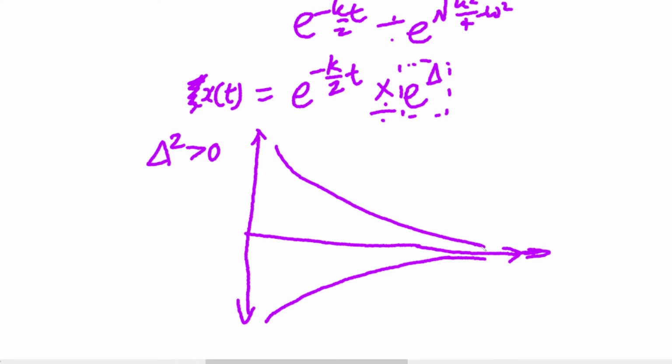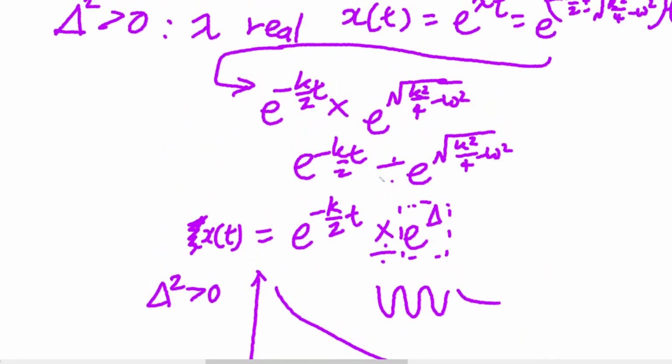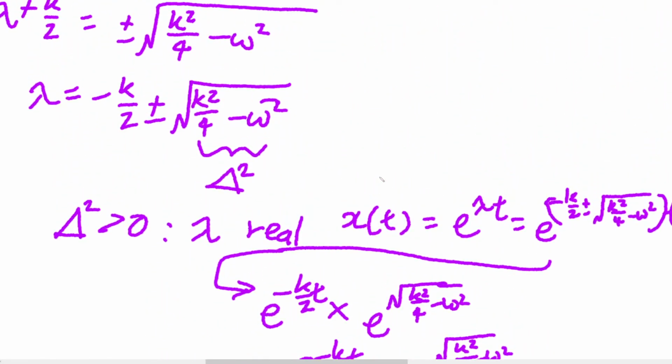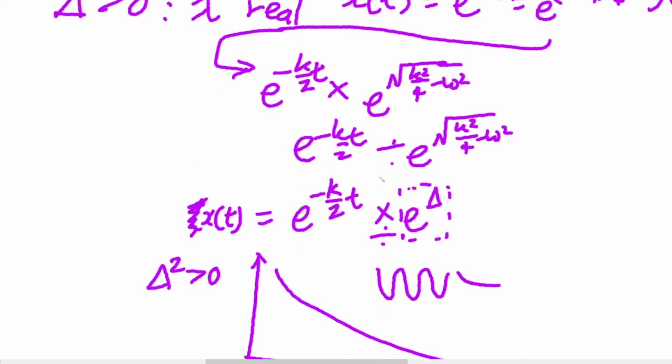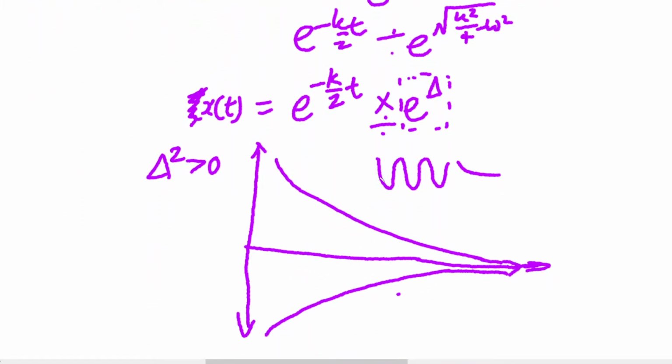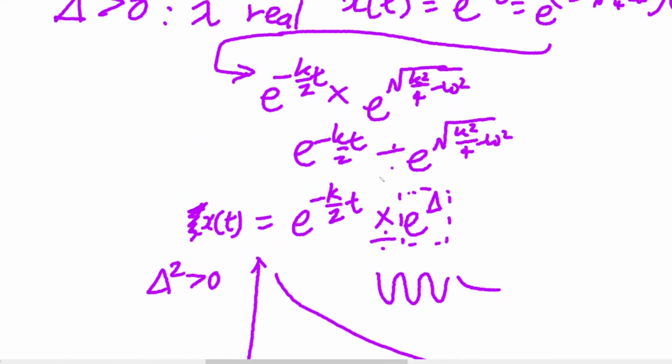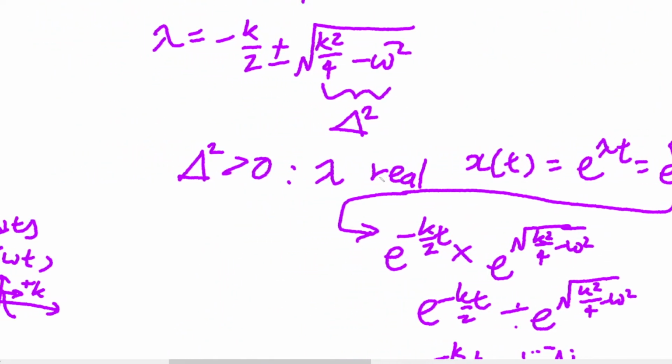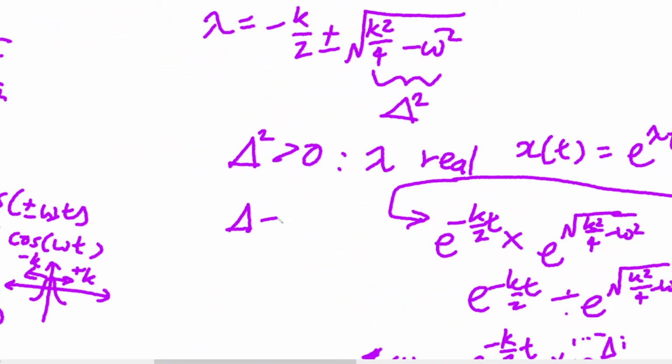And I'm not too sure on the terminology, but I'm fairly certain that this kind of motion is called overdamped motion, because the thing that's meant to be oscillating doesn't actually oscillate at all. It sort of oscillates, it tries to oscillate once, then peters out. So that's the first type of solution that we can interpret from the graph. And then suppose delta squared were equal to 0,